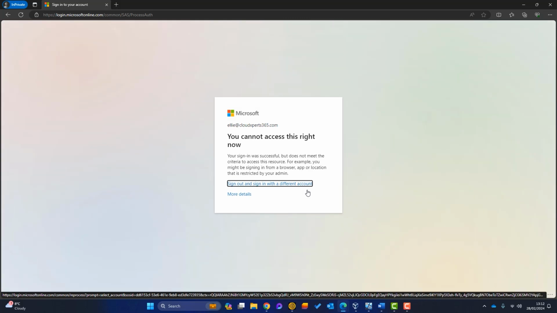And as you can see, Ellie can no longer access Microsoft 365 on this personal device. It says your sign-in was successful, but it doesn't meet the criteria. And that criteria is this device is personal. So that is how to block access on personal devices to Microsoft 365.